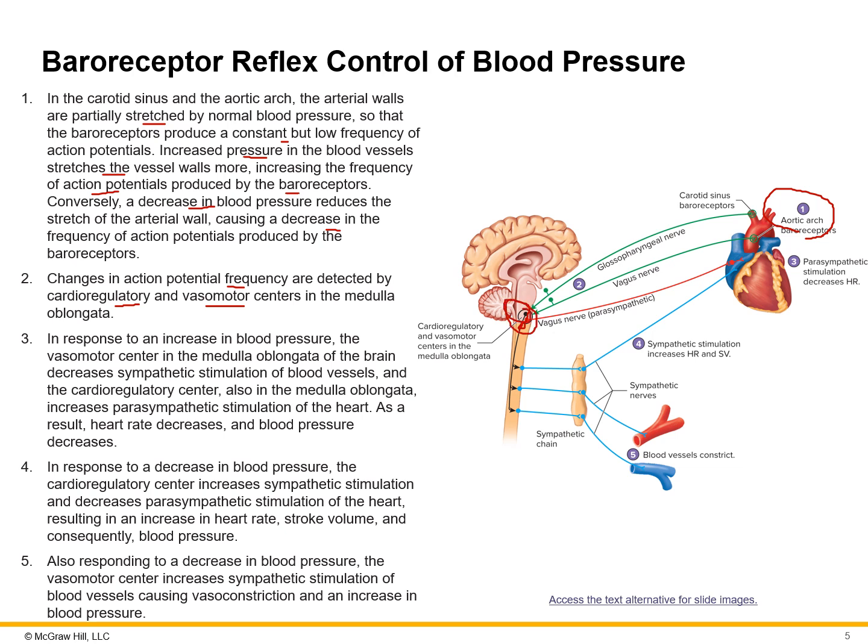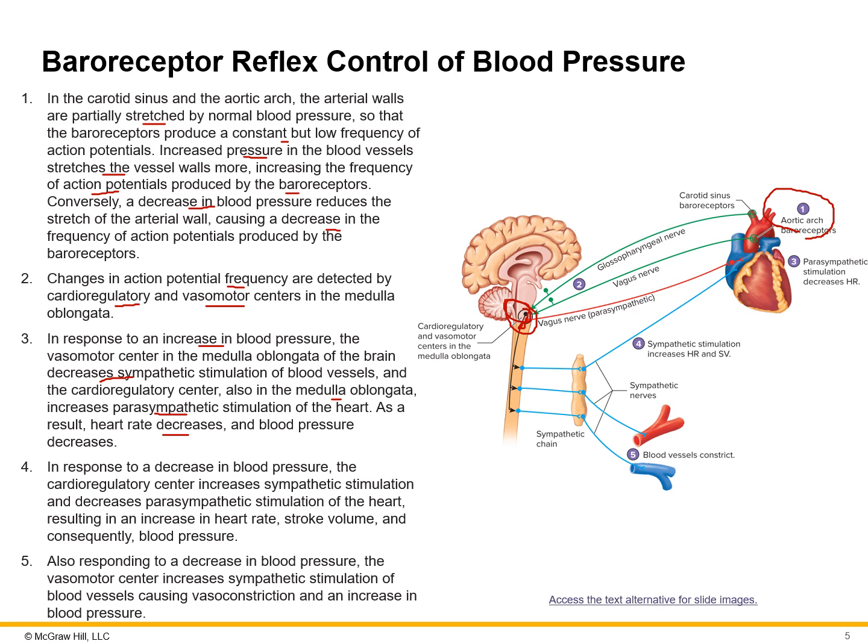All right, so in response to that increase in blood pressure, that center in the medulla is going to decrease the sympathetic stimulation. So that's going to decrease like epinephrine and norepinephrine from being released. And then also in the medulla, it increases parasympathetic stimulation of the heart. So we're going to go more to that rest digest, so decreasing the heart rate, which then decreases the blood